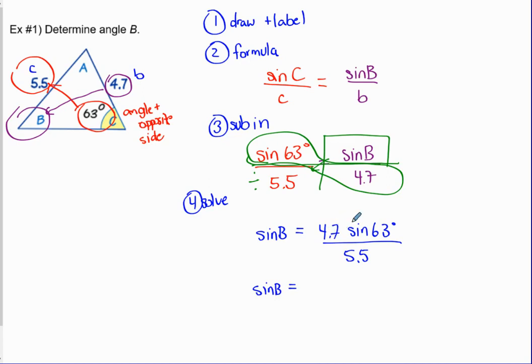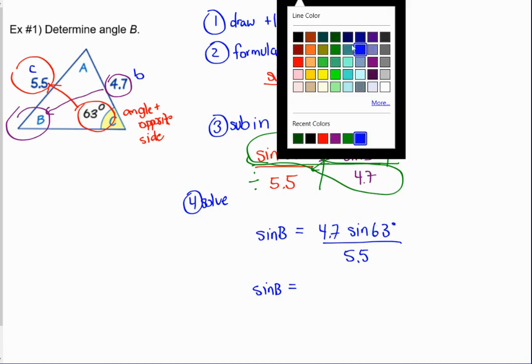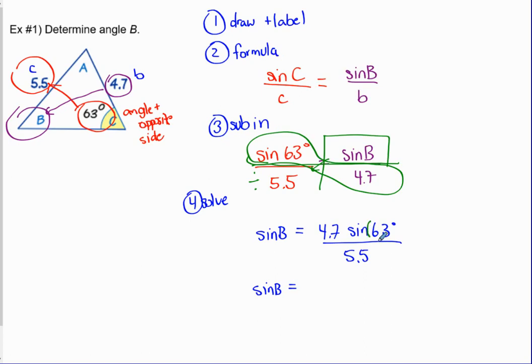Equals, and then when you do 4.7 times sine of 63 divided by 5.5, make sure you're doing this in your calculator, because depending on what calculator you have, you might have to do some extra steps here. For example, you can do 4.7 times sine 63 equals, and then divided by 5.5 equals again. Or if you want to do it all in one step, make sure you have a bracket after your sine 63, depending on your kind of calculator. So basically, work it out, figure out your calculator steps, or ask me when I'm back or in class,